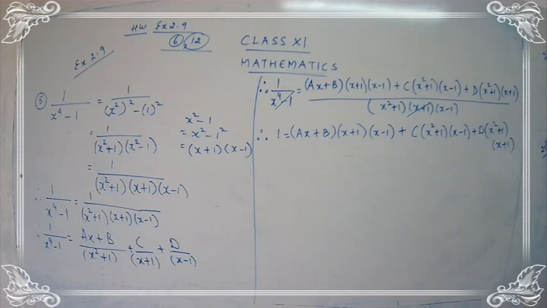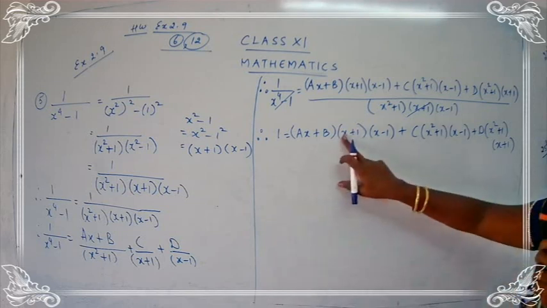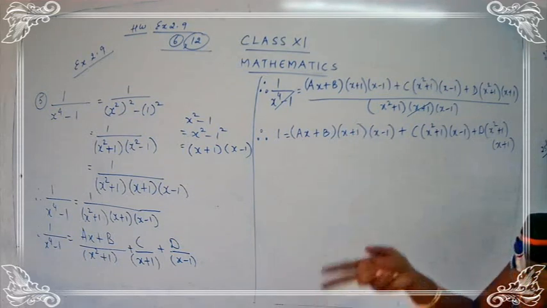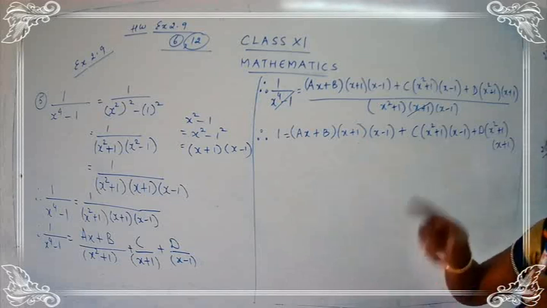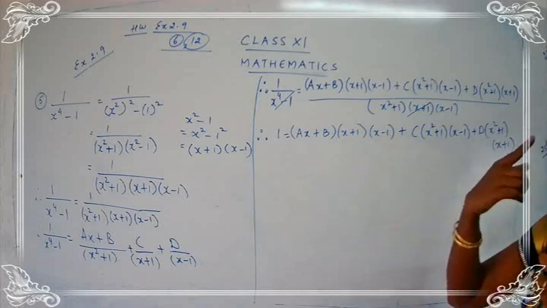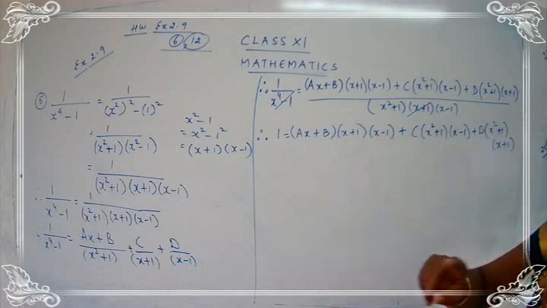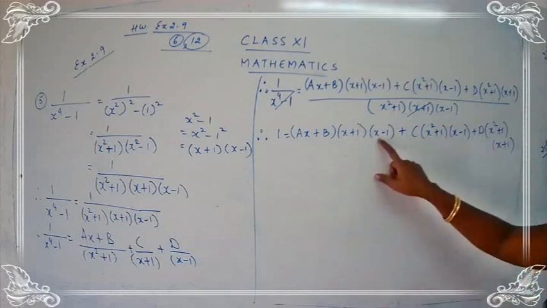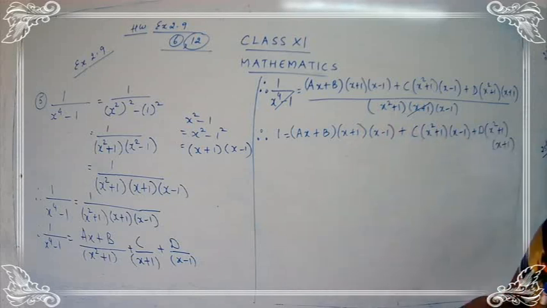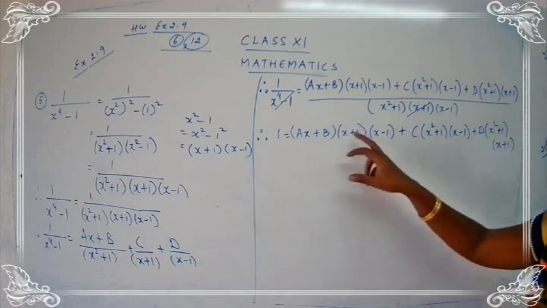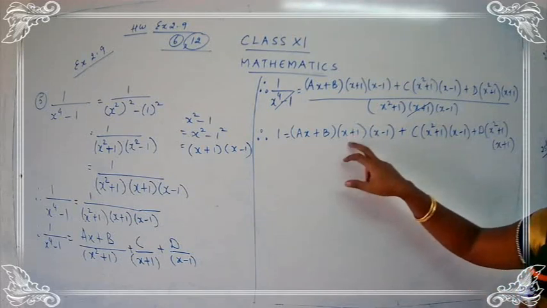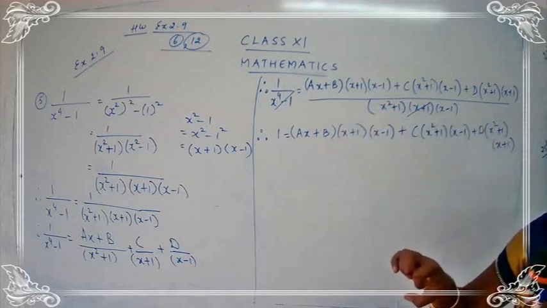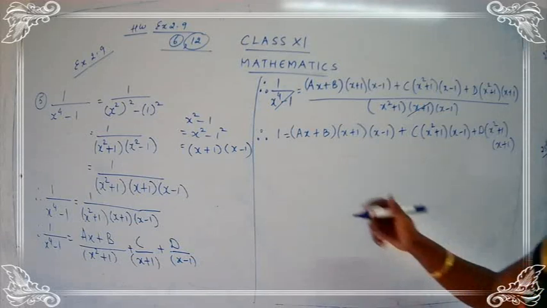We are going to take the values for x. So first value, I have here x plus 1. So what can you do? If you have 1, you have to take minus 1. If you have minus 1, you have to take plus 1. So here I am going to take two values. First one is I am going to take x is equal to minus 1, and in the second case I am going to take x is equal to 1. Why am I choosing the number like that? I am choosing the number so that I get a 0 over here. And once I get 0 here, what will happen? Some of the terms get vanished. Are you getting my point, children? Okay, let's start with the work.